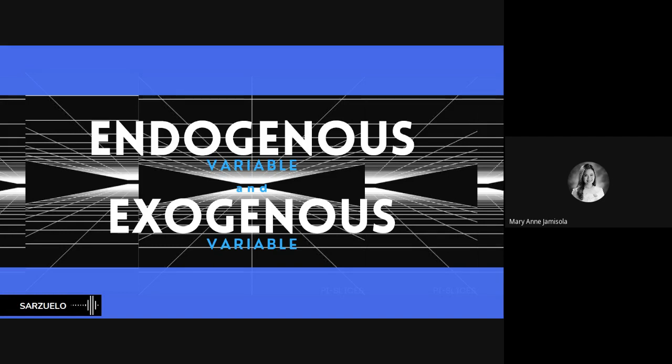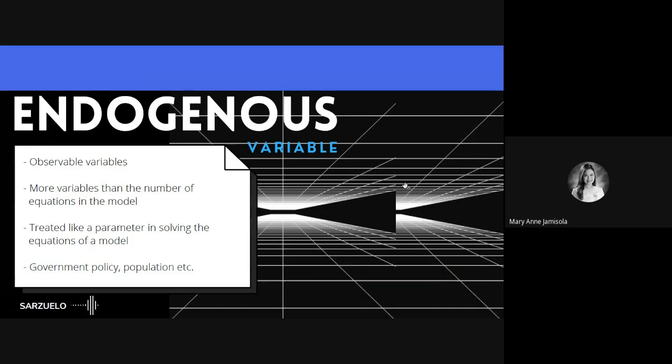So, endogenous do not affect exogenous, but the values of exogenous variables influence the value of endogenous variables. Okay. So endogenous variables are observable variables. As what I have mentioned a while ago, there are more variables than the number of equations in the model,